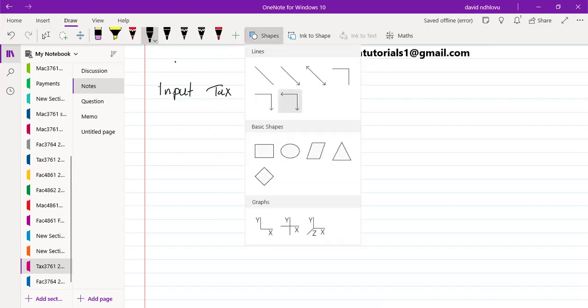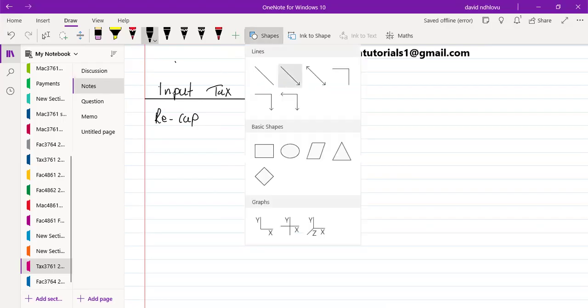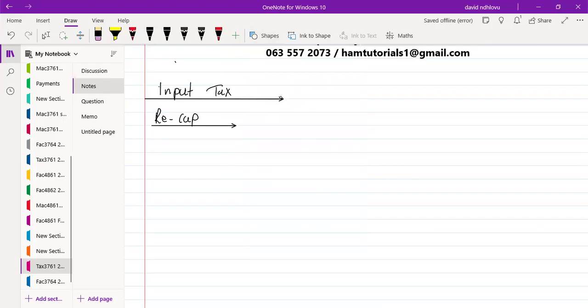So we're still on VAT, but in particular, we want to zoom in on input tax. Just to recap from last week, we said that when we talk about input tax,